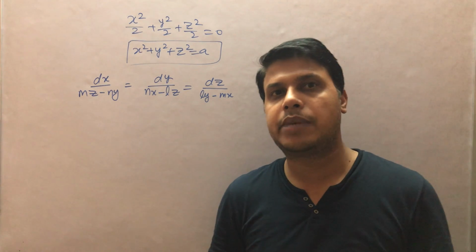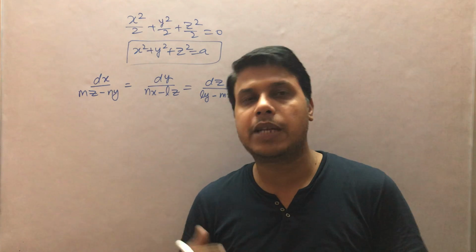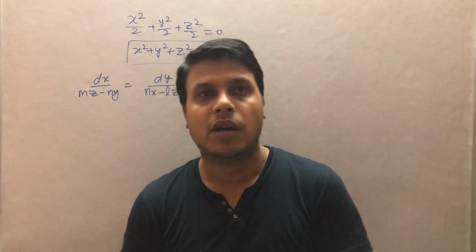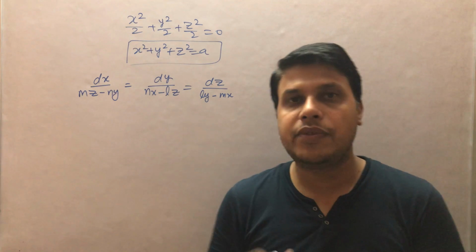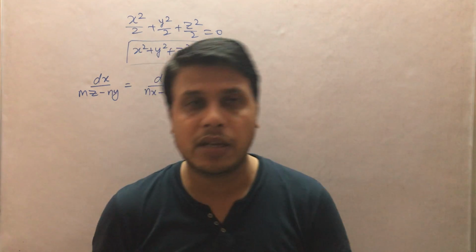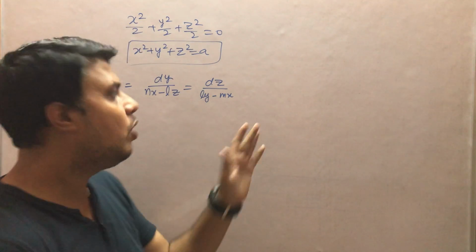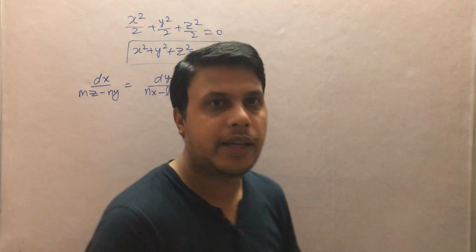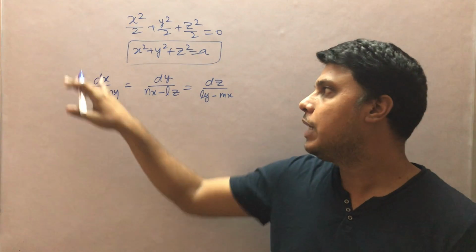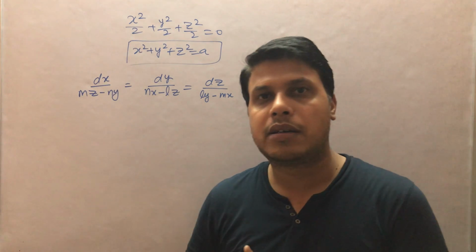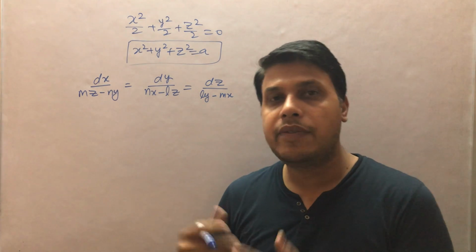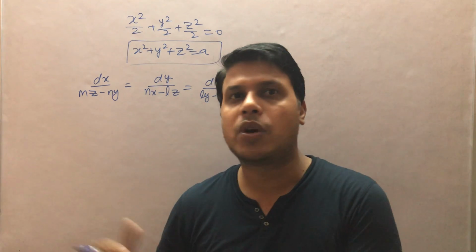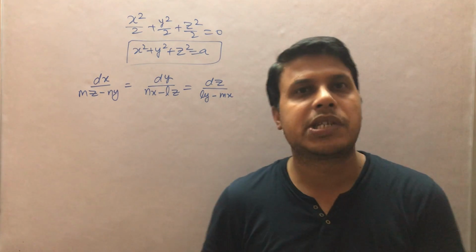In the first manner, we have multiplied the equation by x, y, and z. We got the denominator 0, and in this step we have to choose other multipliers. Okay. So if I closely look at the denominator, I can take the multipliers as L, M, and N. I told you that we cannot multiply this first term by any number or by any variable apart from x, but we can take any constant number for multiplication. There will be no restriction upon it.